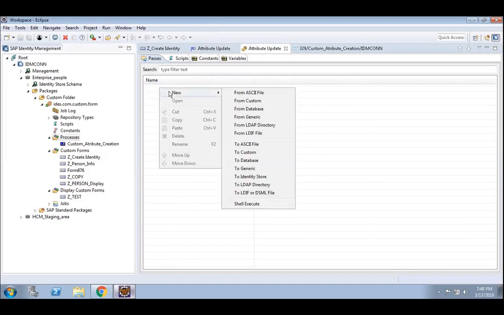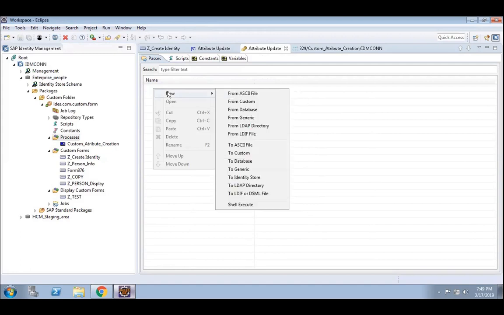As I told, in the action task, we are basically taking action on the system or from the system. If you right click on new, you will get some pass types: from ASCII file, from custom, from database, from generic, from LDAP directory, and from LDIF file.